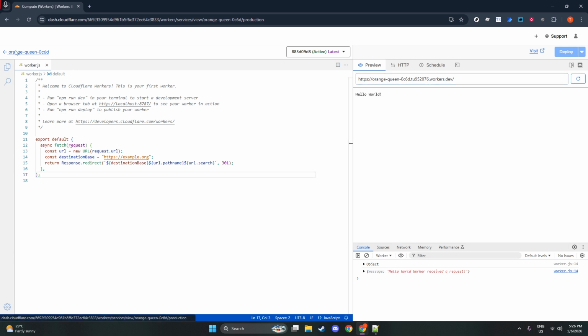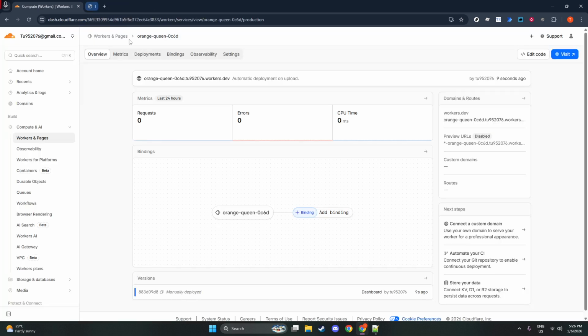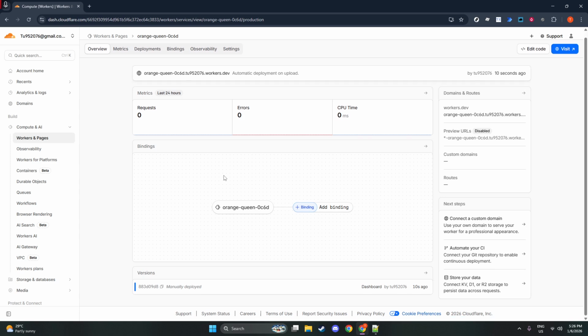A few practical tips as you refine your worker. Keep a small map of old to new paths if you have multiple specific redirects. Prefer 301 status codes for changes you know are final. And test a handful of sample URLs to make sure query strings and trailing slashes carry over correctly. And remember, you can always return to the editor to tweak your logic and redeploy whenever your redirect rules evolve,